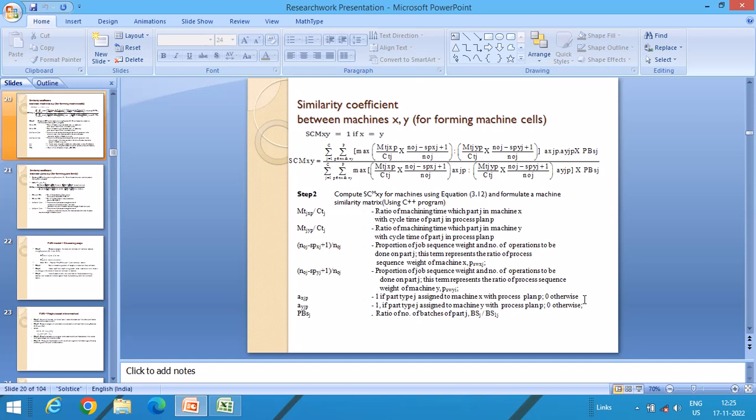The similarity coefficient of machines X and Y is equal to the summation of J equal to 1 to C, summation over parts X and Y up to P, of the maximum of the product of the manufacturing time ratio and the job sequence weight ratio of parts X and Y, multiplied with the incidences AXJP and AYJP with the batch size PB of part J,